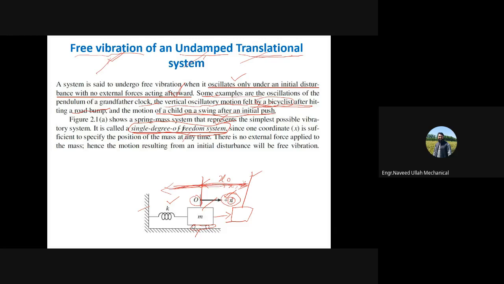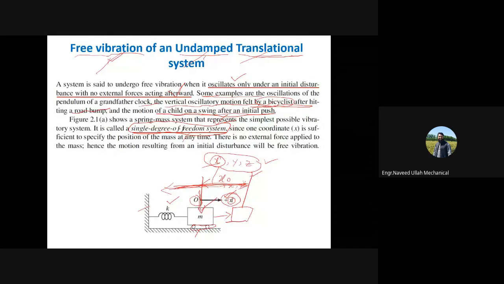Now if you want to track where the mass m is at a certain time, only x is needed. x से भी आप डिनोट कर सकते हैं, इट्स अप टू यू, y से भी, z से भी डिनोट कर सकते हैं, बट दीज आर द रिप्रेजेंटेशन फॉर ट्रांसलेशनल सिस्टम। ठीक है, तो सिर्फ एक कोऑर्डिनेट आपको चाहिए, इसलिए ये सिंगल डिग्री ऑफ फ्रीडम सिस्टम है।